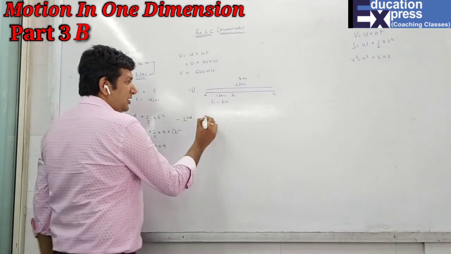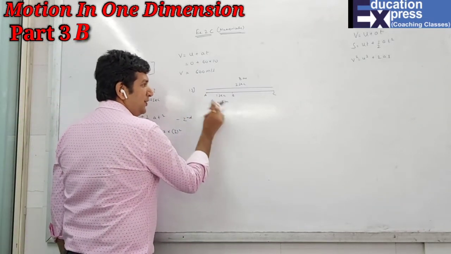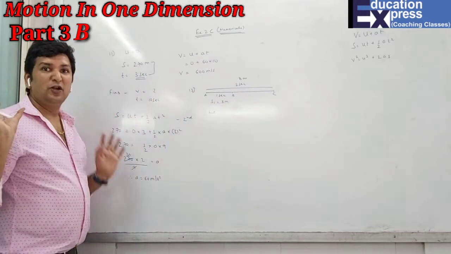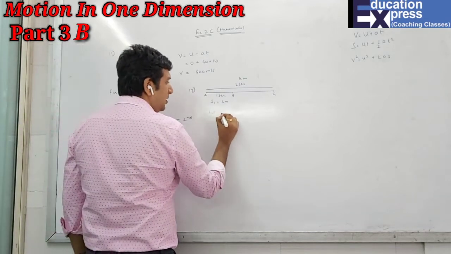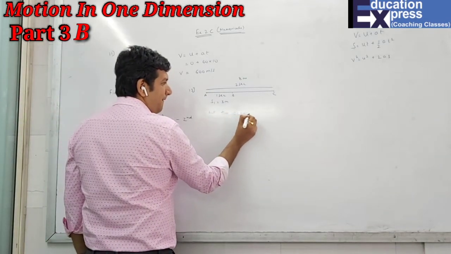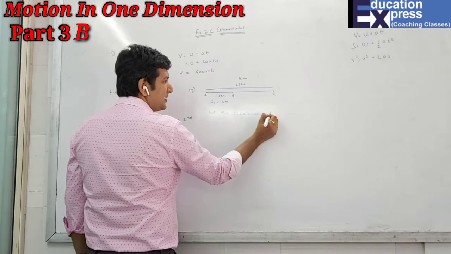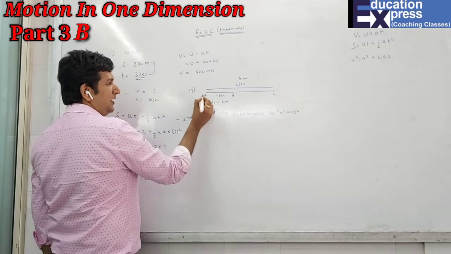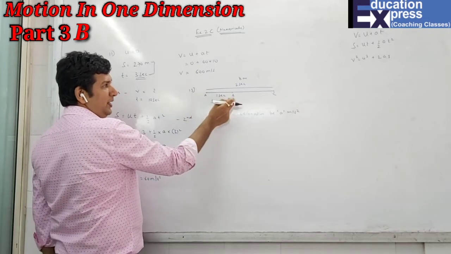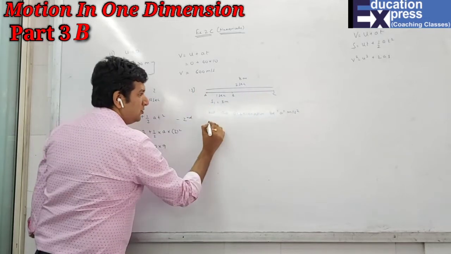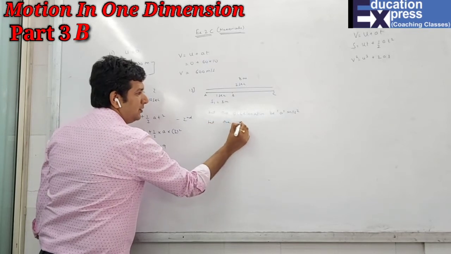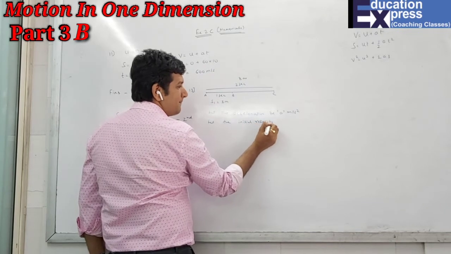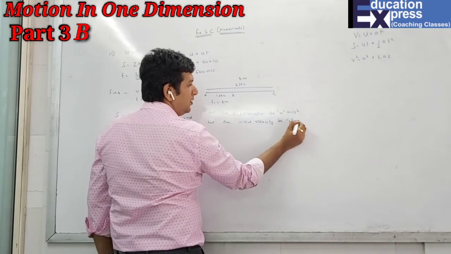It's given that the acceleration is uniform. So that means going from A to B and from A to C, the acceleration is the same. So I can say the acceleration is a meters per second square. And what else will be the same? In both cases, the initial point A is the same, A to B and A to C. So can I say that the initial velocity is u meters per second?